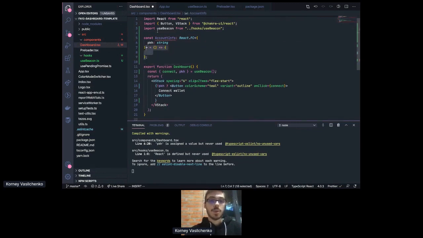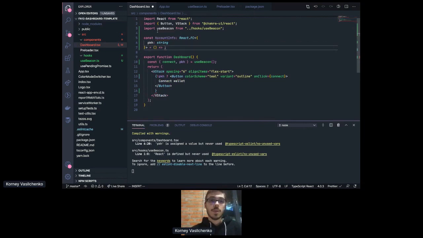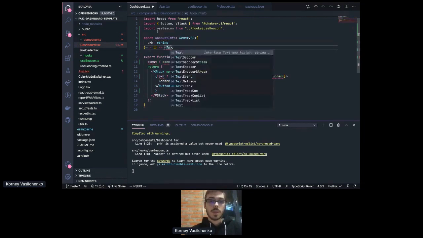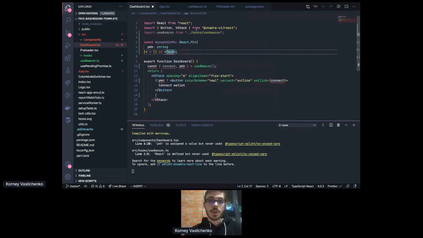And it would return a Text object from Chakra. I guess I should import it finally. It's from Chakra, and this Text element would actually contain the text "your account", and then we can use another